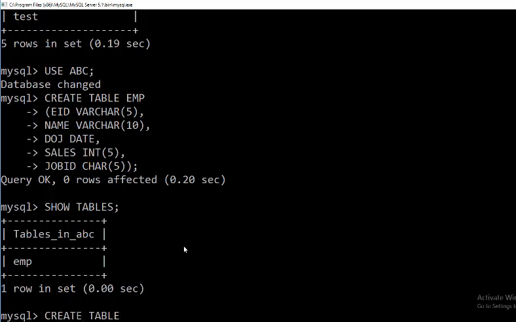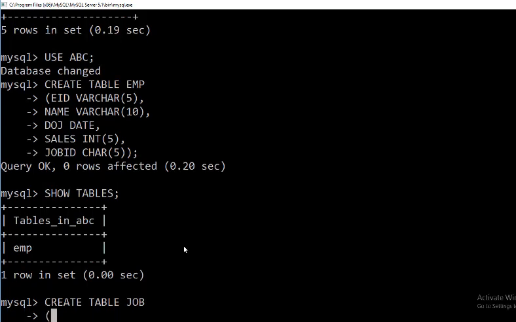So create table, let the table be named job. Now the fields are job ID, it can be char 5.